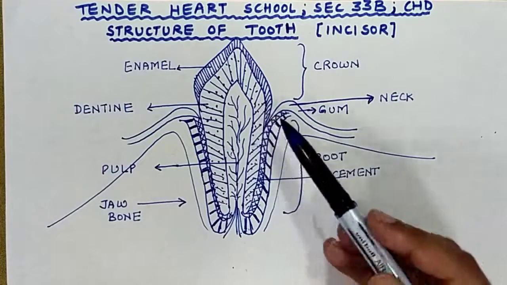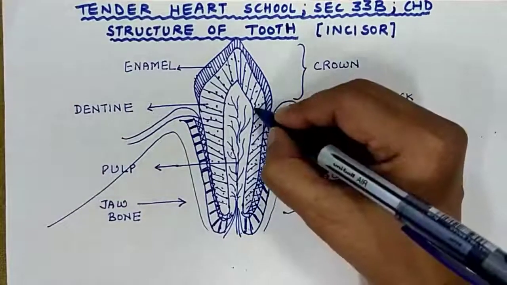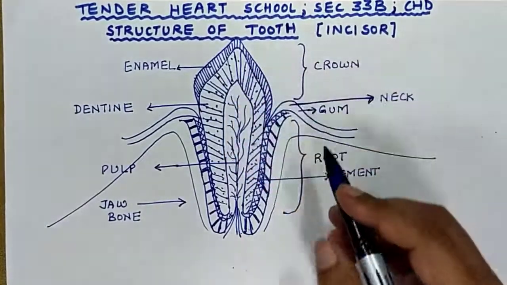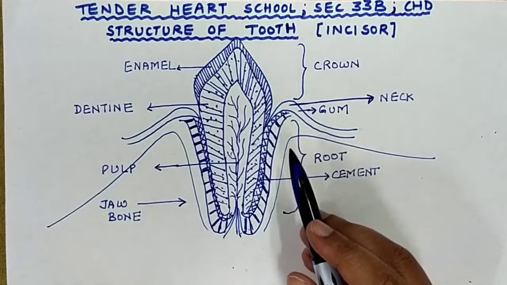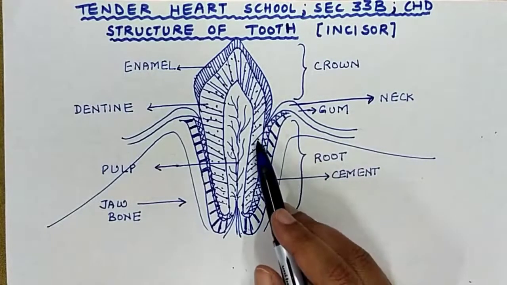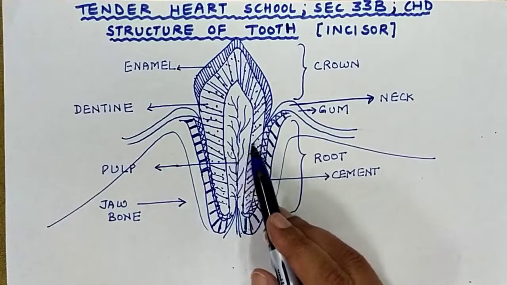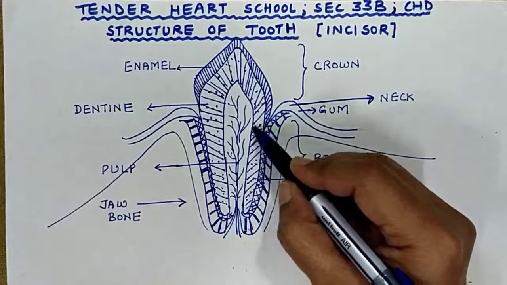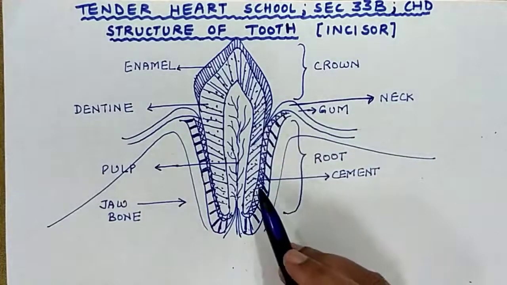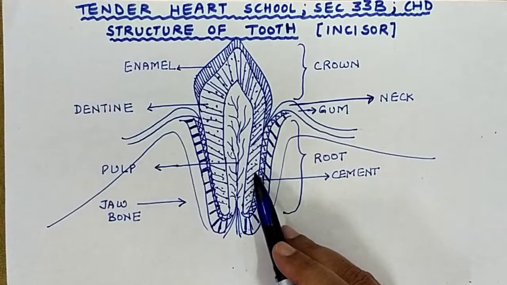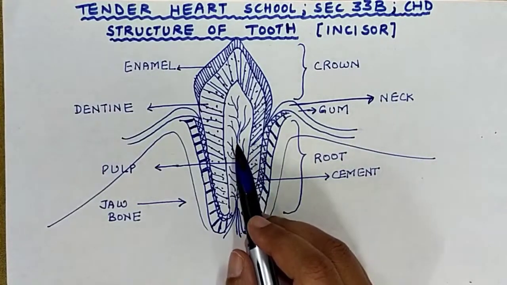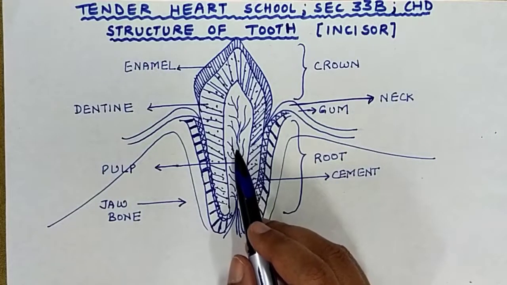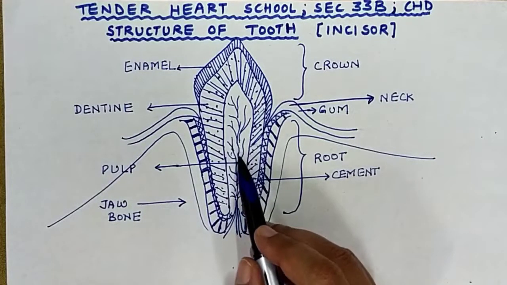Dentine has minute canals, right? You can see these minute canals are present in the dentine region, and through these minute canals run the strands of cytoplasm of the cells in the pulp cavity, right? The cytoplasm is running through these minute canals, right? Then we have the central region, which is the pulp. Pulp is the soft connective tissue which is present inside the central cavity called the pulp cavity.